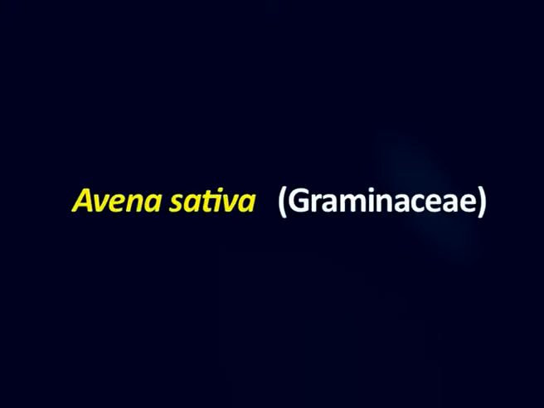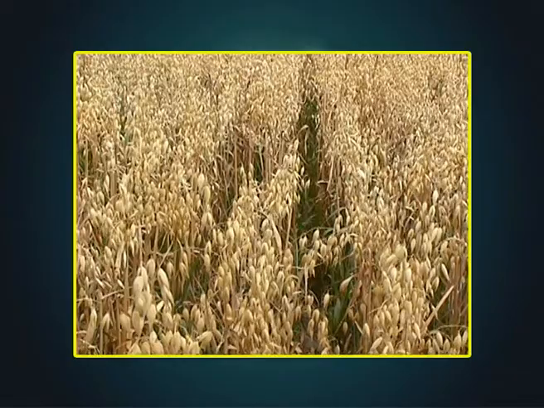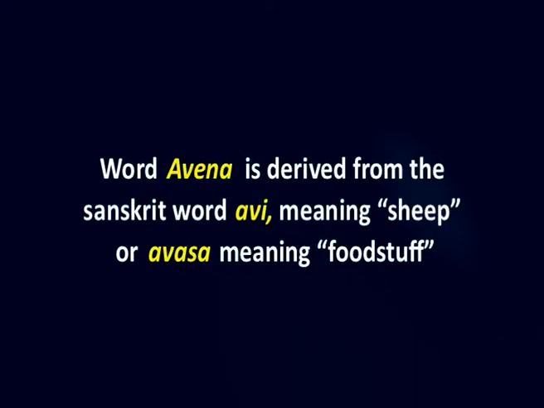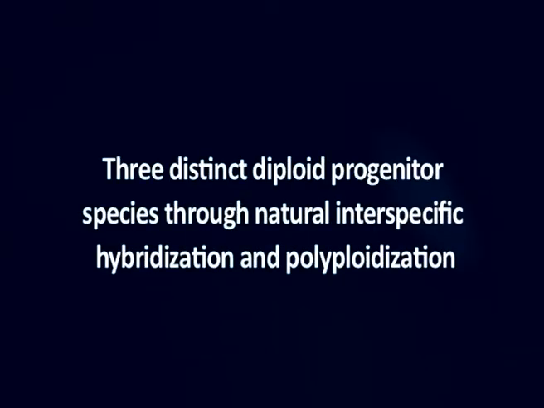Oats, Avena sativa, belonging to the family Gramineae, are commonly known as oat, groats, or haber. The word avena is derived from the Sanskrit word avi, meaning sheep, or avasa, meaning foodstuff. Oats are a polyploid crop which evolved from three distinct diploid progenitor species through natural interspecific hybridization and polyploidization. An important characteristic which distinguishes Avena sativa from many wild oat species is that Avena sativa does not shed its